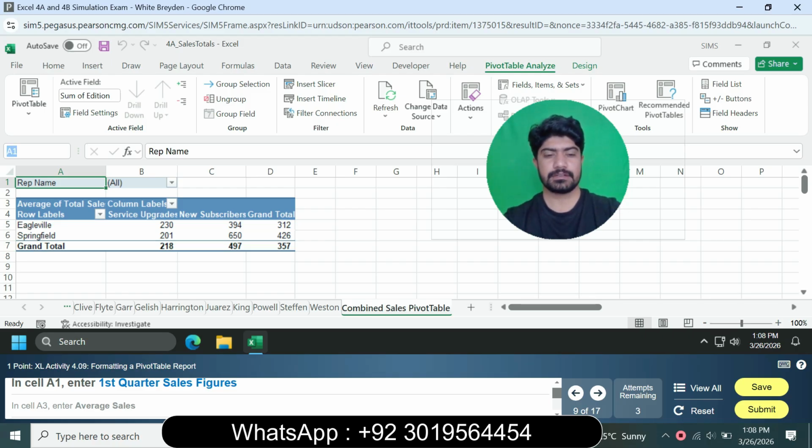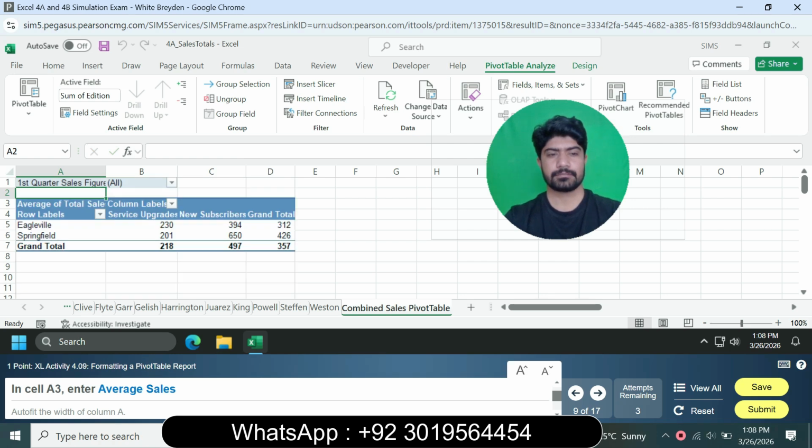So select the cell A1 and press enter and type the first quarter sale figure